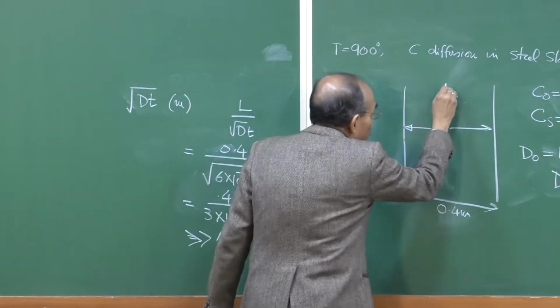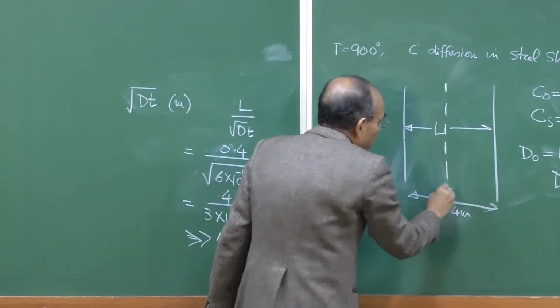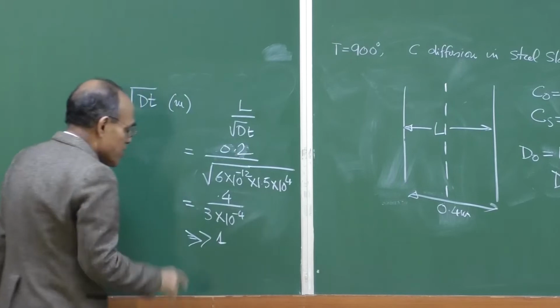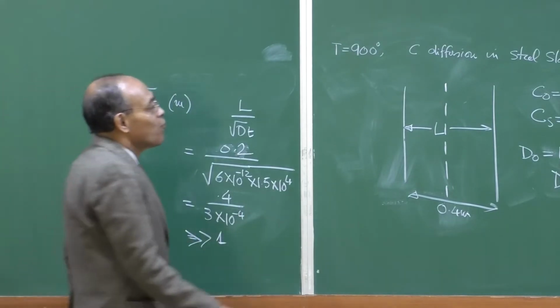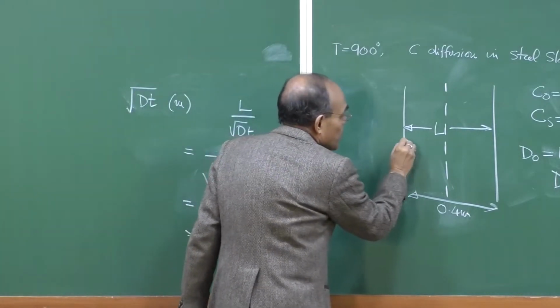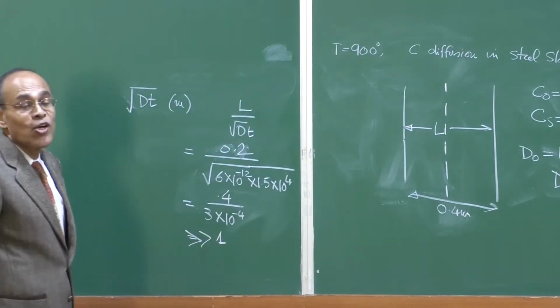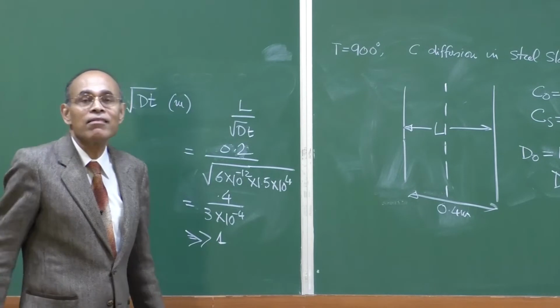So, therefore, even if you consider the slab geometry as half, if you take this value to be half, still it will come out to be 1. So, therefore, we can assume that the diffusing species does not see this interface within this time duration. So, therefore, we can apply